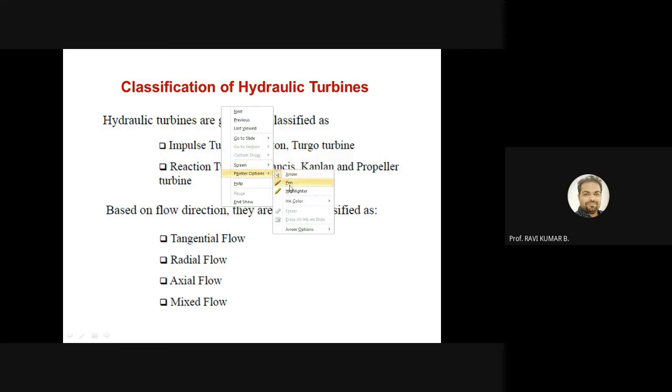So, impulse turbines. In the case of an impulse turbine, they utilize the momentum of the water flow. Let's suppose you are sending the water through a nozzle. It will have high kinetic energy. Directly, the water strikes the blade, and the rotation of the prime mover starts. Such simple turbines are known as Pelton turbines or turgo turbines. As it is utilizing only the kinetic energy of the jet produced from the nozzle, their power producing capacity will be low.